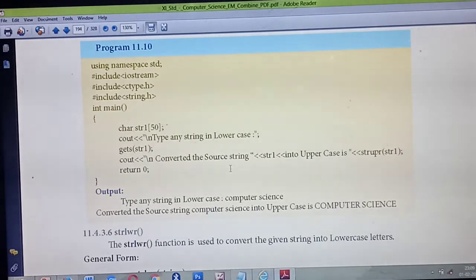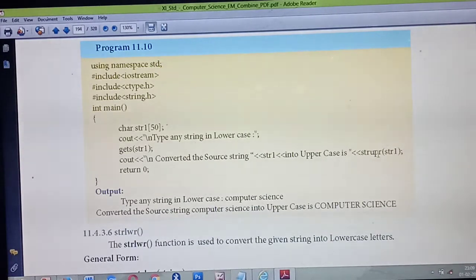Now you are going to convert the given string into an uppercase string. For that, what's the format? First you should give the variable. What's the variable? We have already defined a variable, str1. All the things you enter are stored in the variable str1. Next you are going to change what you have given into uppercase letters. So to change a string to uppercase, what function do you need to use?